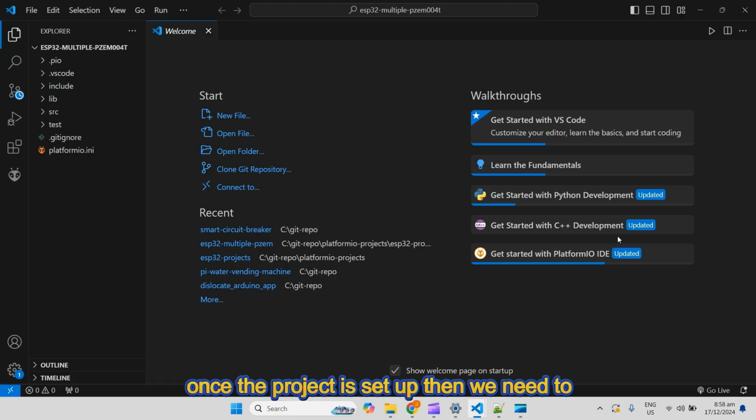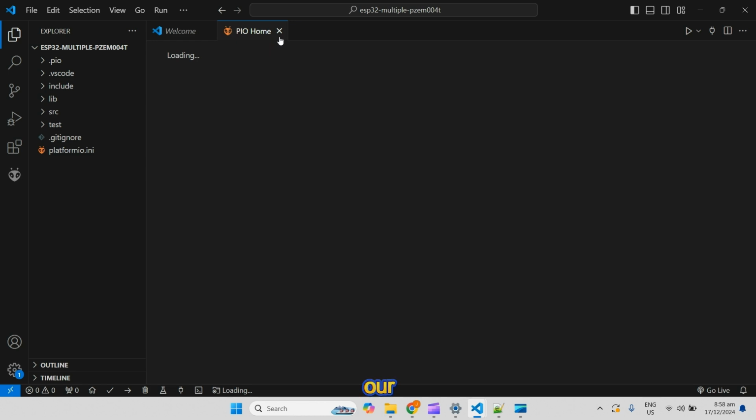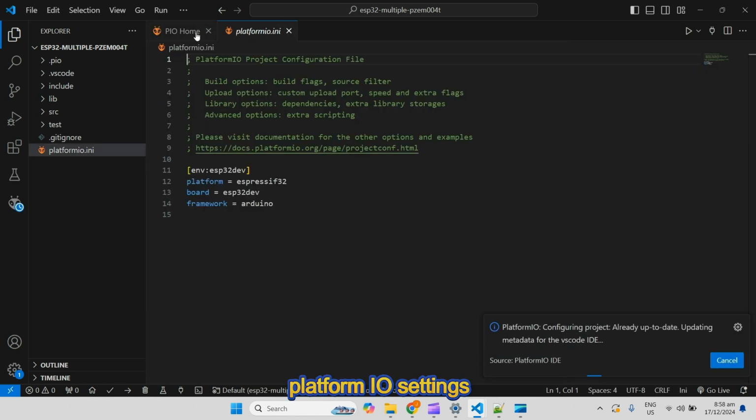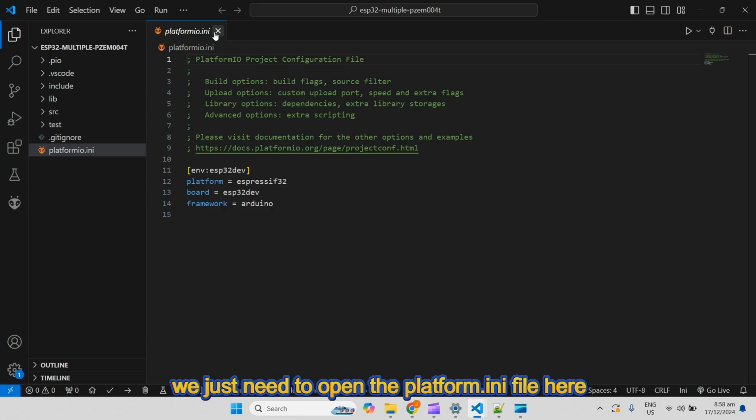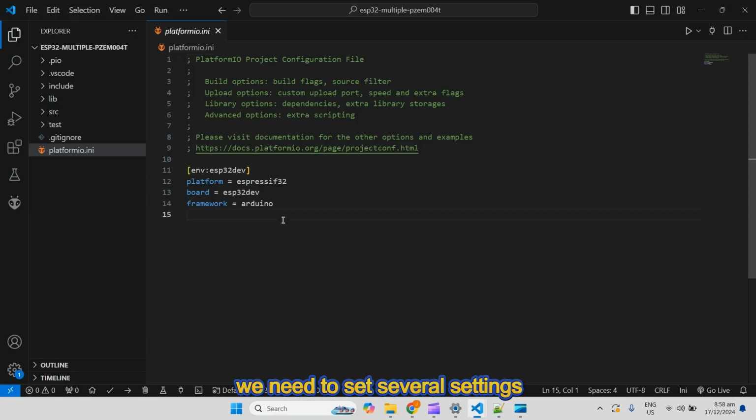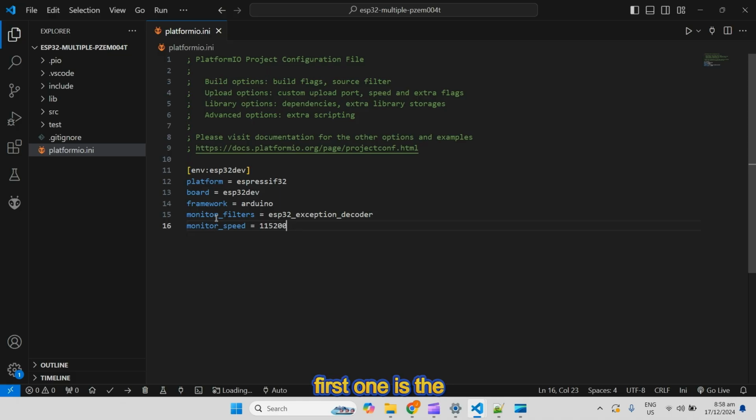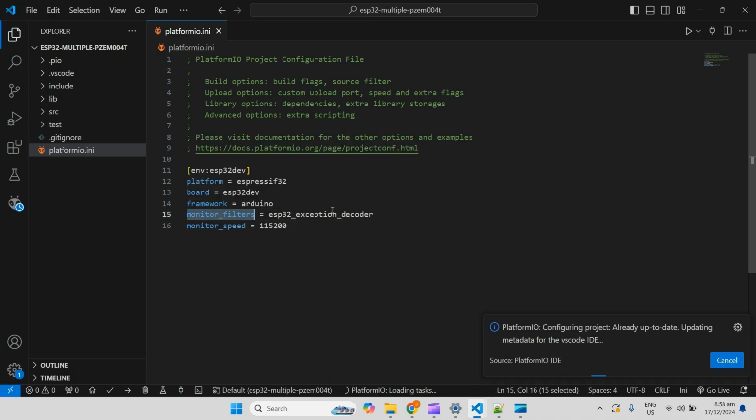Okay, once the project is set up, we need to configure our PlatformIO settings. To do that, we just need to open the platformio.ini file here. In the platformio.ini file, we need to set several settings. First one is the monitor filter for the exception decoder and the monitor speed.